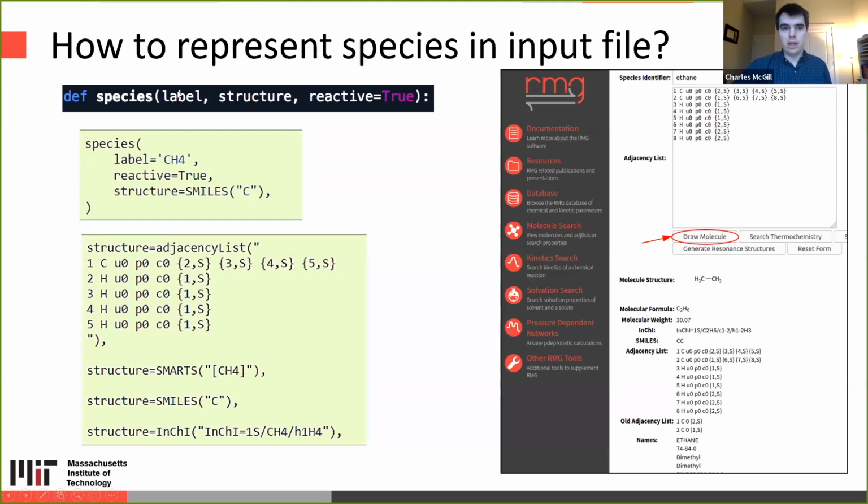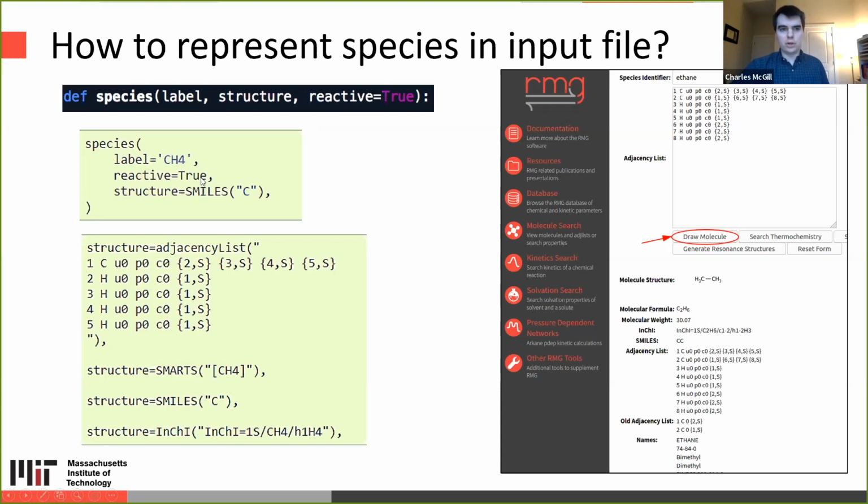It has the label argument, which is a string input. This needs to be consistent for a given species throughout all of your documents, all of your files. You need a structure representation, and you need an indication of whether the species is reactive or not.